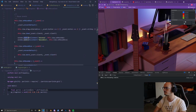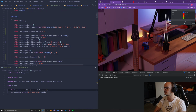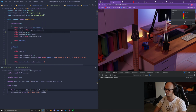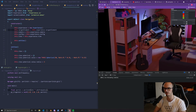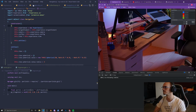Add event listener, mouse up, mouse down. Those can be on window, but this one can be there. Mouse down, yeah. Target element, we can get it. What do we get? So it's still working, everything is working, left click, right click, but now we can select that. And I lose the values, so I think it was 6, and